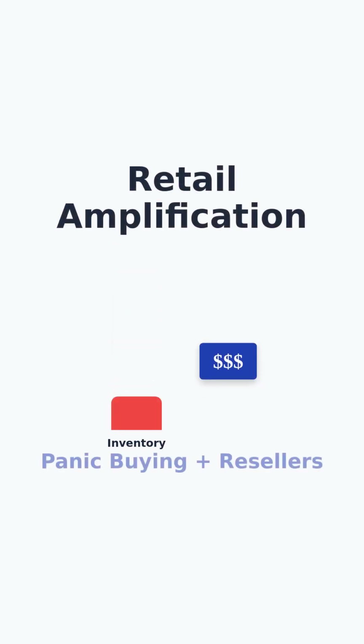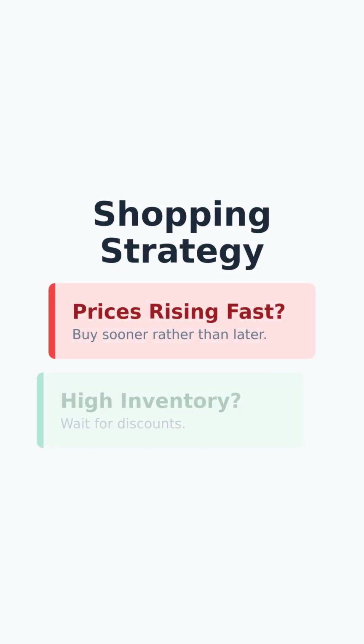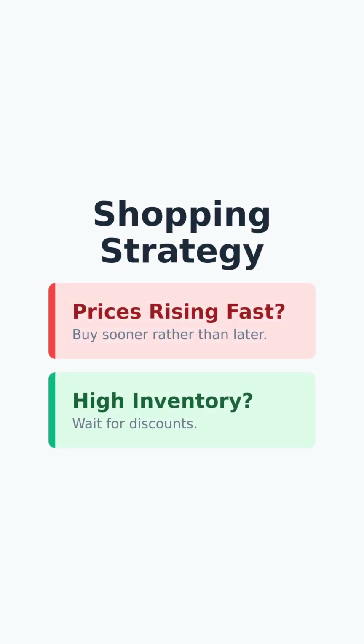RAM is traded globally, often priced in US dollars. If your local currency weakens against the dollar, prices can rise locally even if the global market price is flat. Finally, retail pricing can amplify swings. When news of shortages spreads, buyers may rush to purchase, resellers may raise prices, and stores may keep prices high